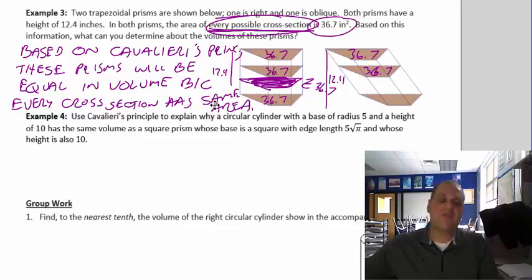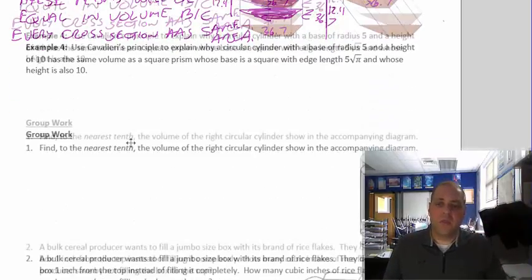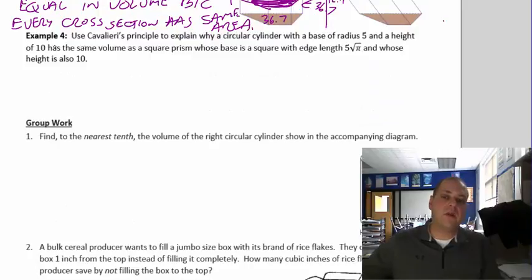So if every cross section has the same area, you have equal volumes. Very, very simple principle. All right, our last example here, we're going to use Cavaliere's principle again to explain why